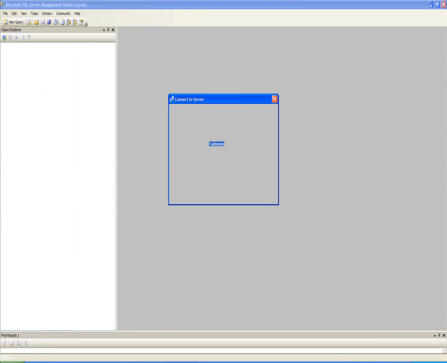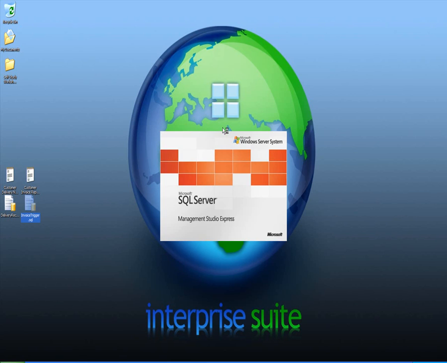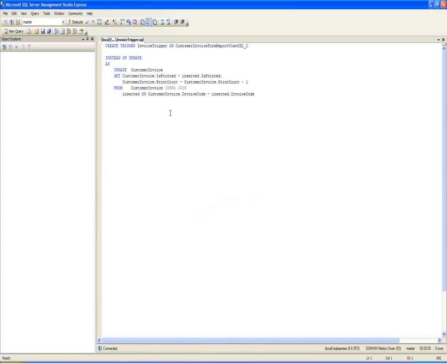And I've actually got my trigger already saved. So if I go to my invoice trigger.sql on my desktop, it'll actually open it anyway. In the document, it tells you how your trigger should be made. So obviously I need to connect through to where my database is, and on my machine it's just ./SQL Express, which is a standard instance. And now I'm going to change that to look at my Demo UK company,